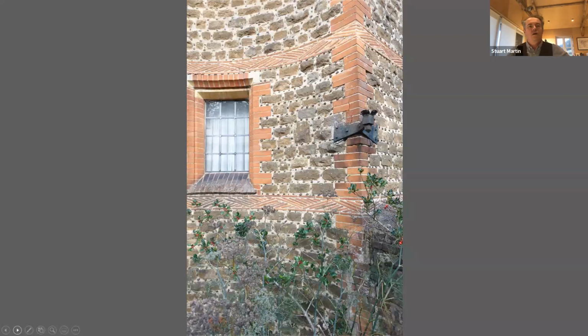And of course, all that's in 2 dimensions, but the building exists in 3-dimensional reality and is built out of a beautiful array of local materials. The walls are the Bargate stone, the local Surrey stone. And here, the joints are what's called garroted, which means that each individual lime mortar course has chips of ironstone pressed into it as it sets. It's originally thought that that was done to strengthen the mortar joint, but Lutyens is using it entirely decoratively here,